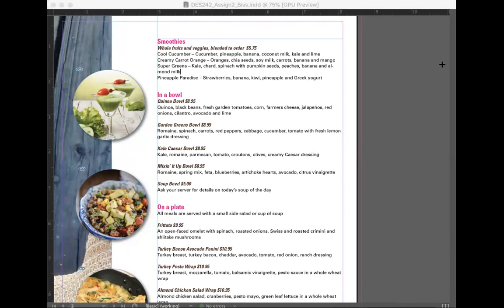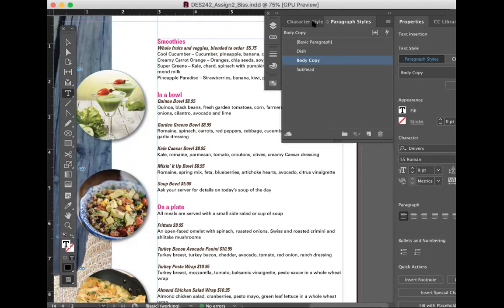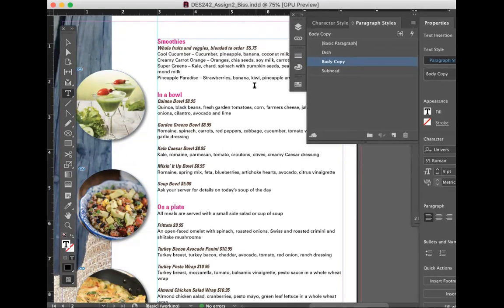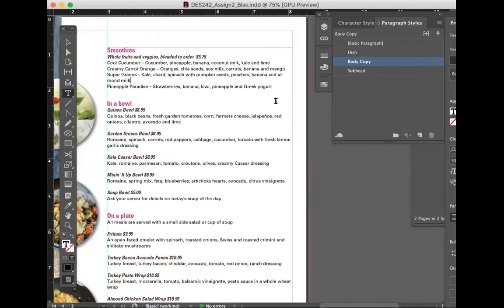Okay, so the next thing that I want to do is show you how to do tabs and leaders. Leaders, you don't necessarily always have to have. It's just a nice way to see a price point very easily. So they're like the dots after the dish here, and you would set that very consistent with all your price points so that they're not all at different areas here.